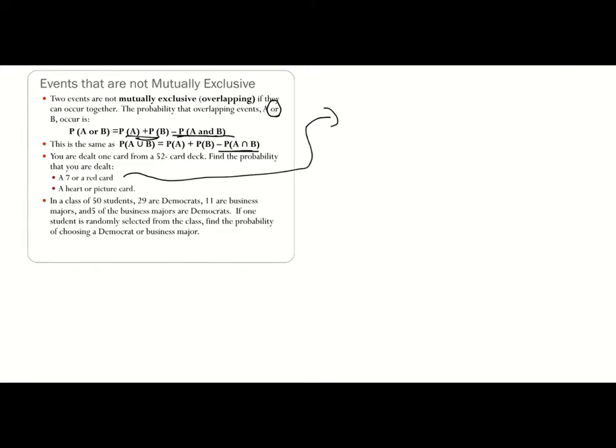The probability we are dealt a red card is going to be, so out of the 52-card deck, there are 4 sevens, excuse me, so we have a 7 first, so there are 4 sevens. Now, red cards, half the deck is red cards because 2 of the suits are red, so it'll be 26